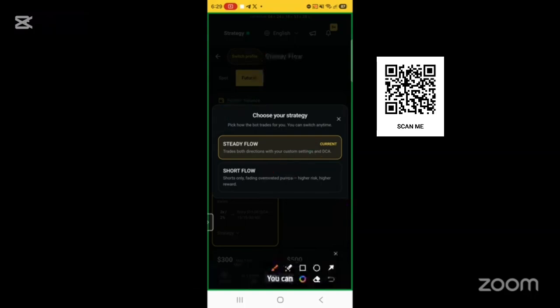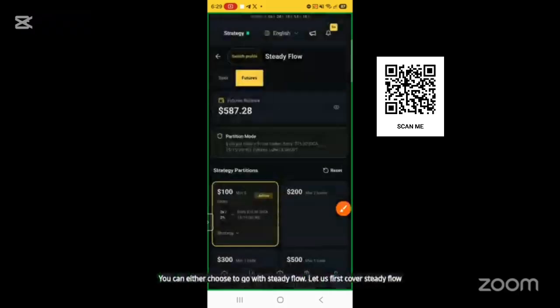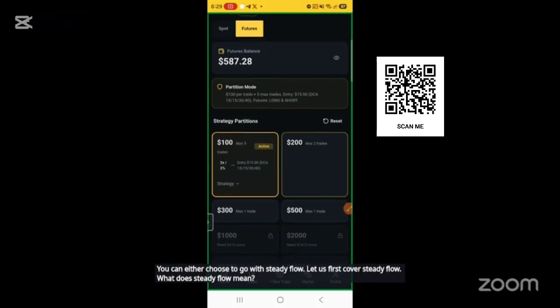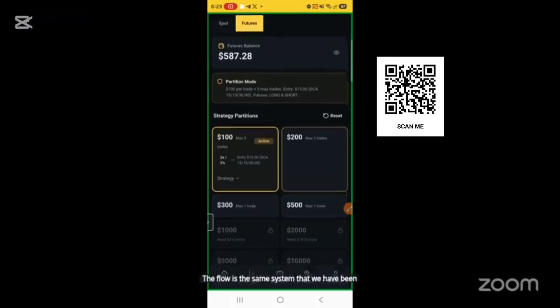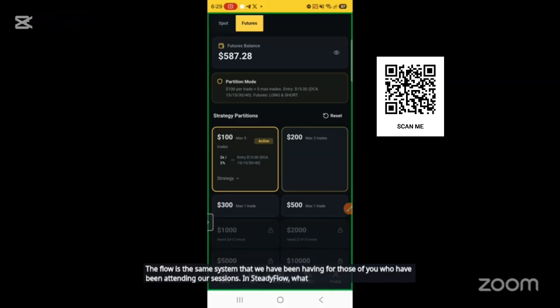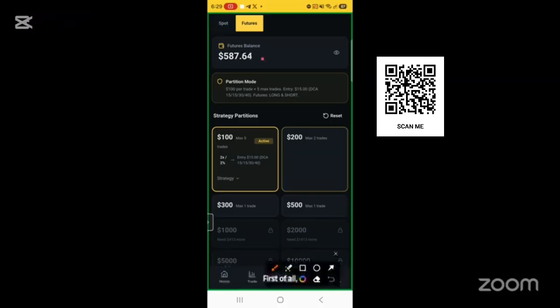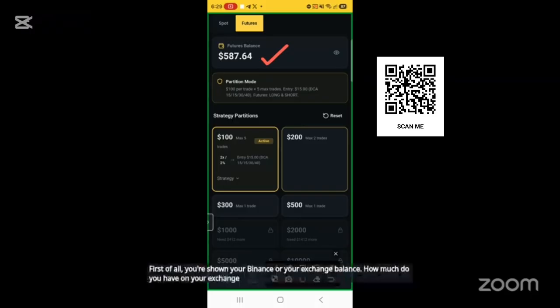So you can either choose to go with steady flow. Let us first cover steady flow. What does steady flow mean? Steady flow is the same system that we have been having, for those of you who have been attending our sessions. In steady flow, what do you get? First of all, you're shown your Binance or your exchange balance. How much do you have on your exchange? In this case, you can see